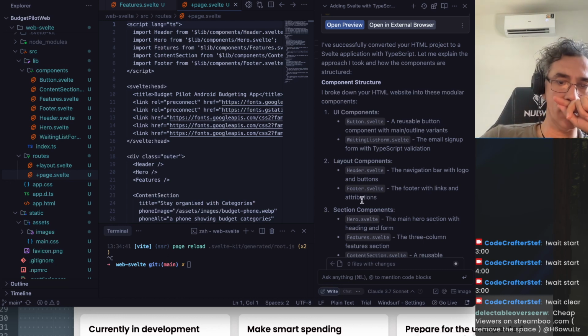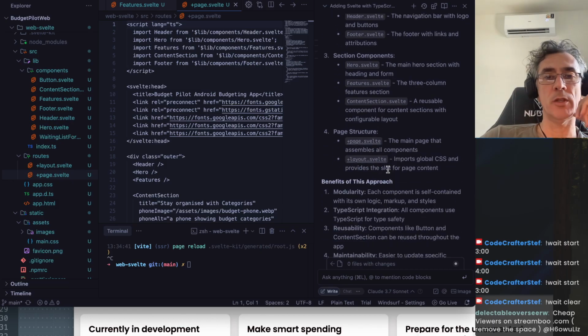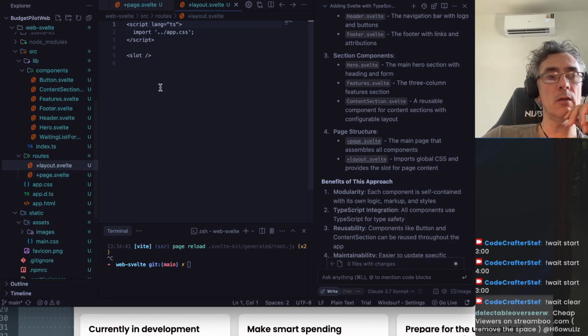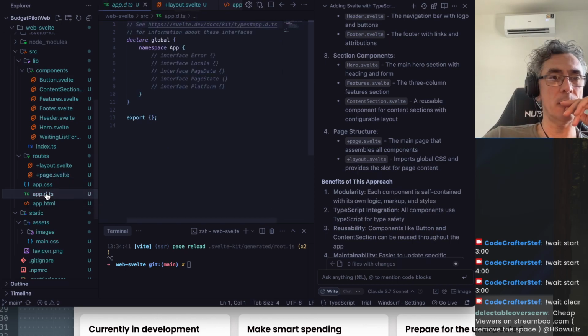Layout components, header and footer here, features, page structure, page, the main page, and layout, global CSS, and slot for the page content. So layout is like global CSS, and this slot is the page, but so we have this up